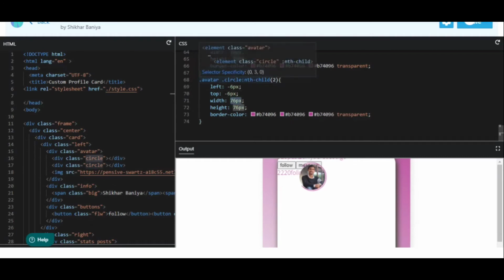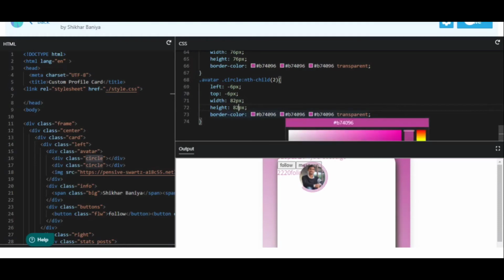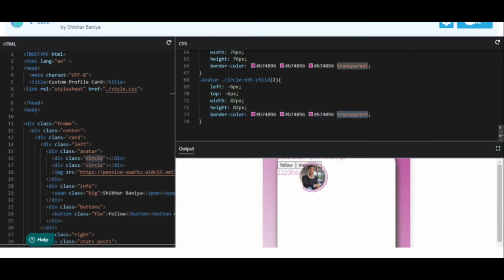Width and height changes, so 82 pixel. This will also be 82 pixel. And now we want here the color, but we don't want the color on the right part. Okay, so as you can see, we can't see this line. All right,